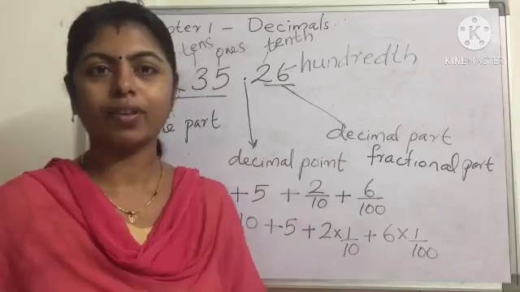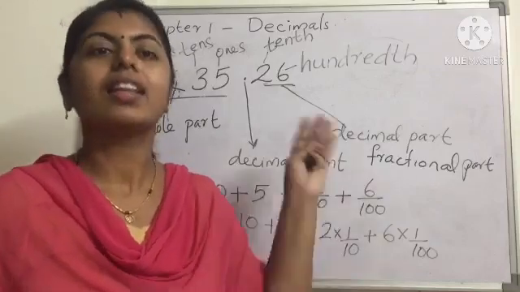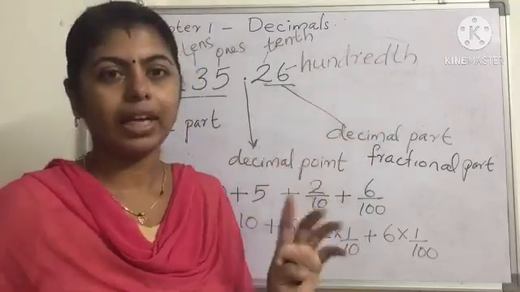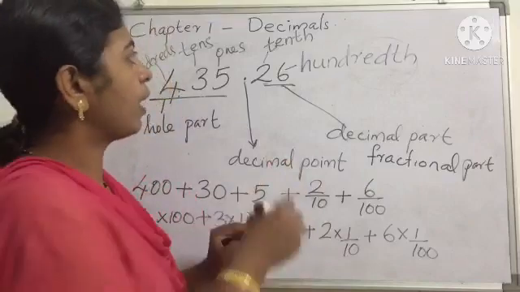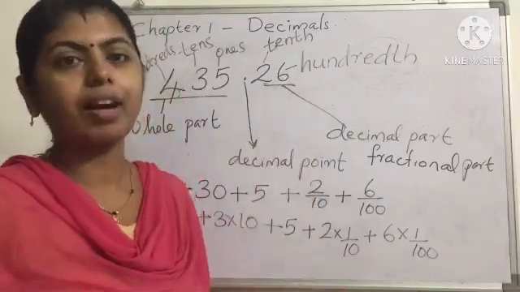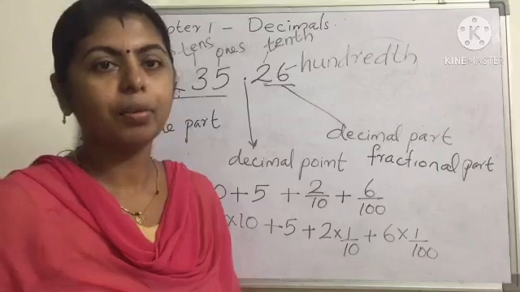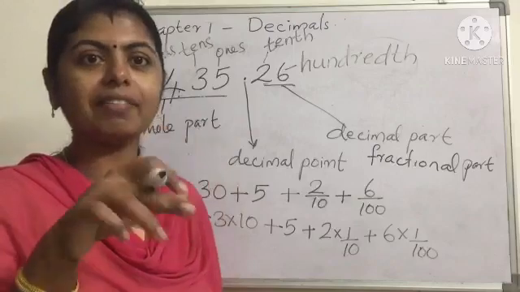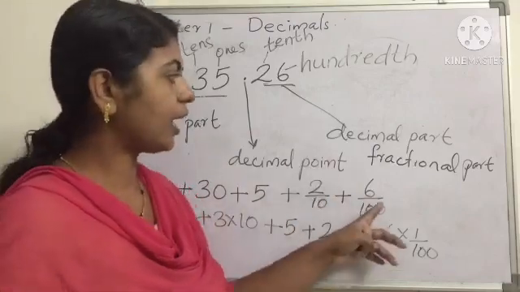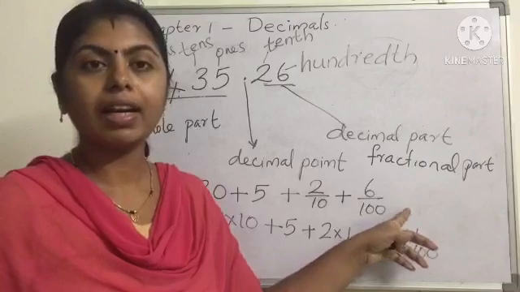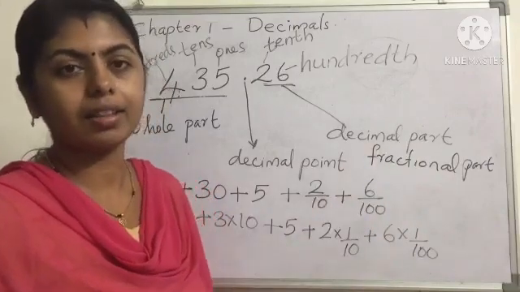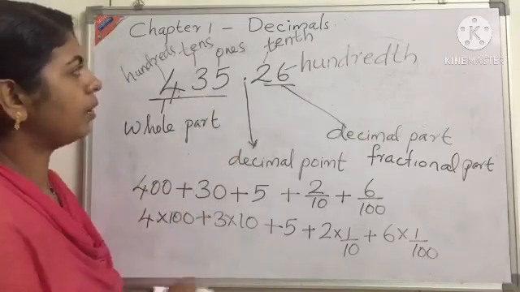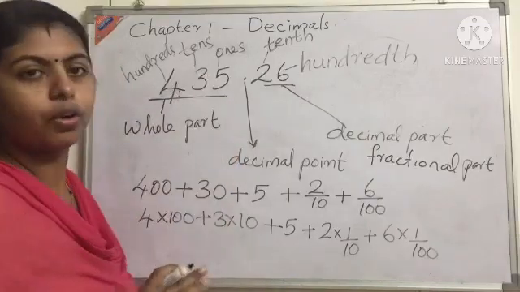The same spelling of 10, then after 10 what do we write? T-H, tenth. Then here it is 100 plus T-H, hundredth. If one more digit is there, which will come after 100? Which is the next position? 1000, so thousandth. 1000 right after the T-H, thousandth. When you are writing the expanded form, it will come divided by 1000. So it is the expanded form of this number. You can write this much into your notebook.